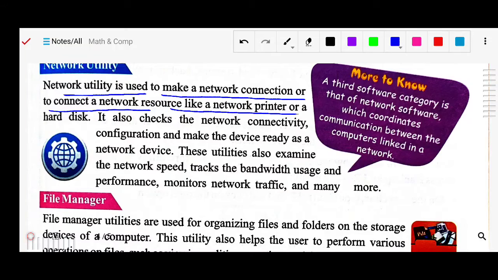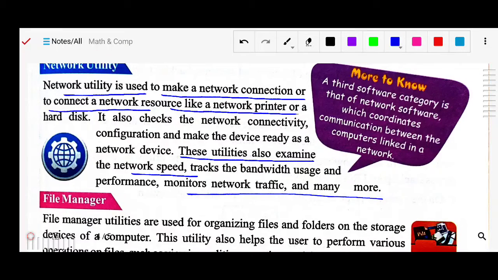It also checks the network connectivity, means when you are connected to the internet, that connection is also checked with it. These utilities also examine the network speed, track the bandwidth usage and performance, monitor network traffic, and many more. So all the related network issues for the internet, as well as your many connected computers, can be handled by the network utility.